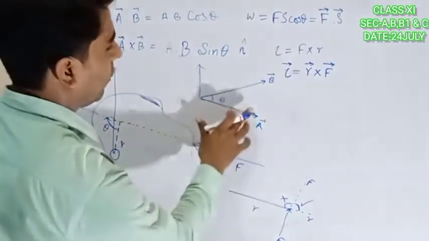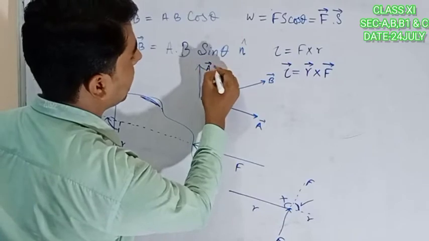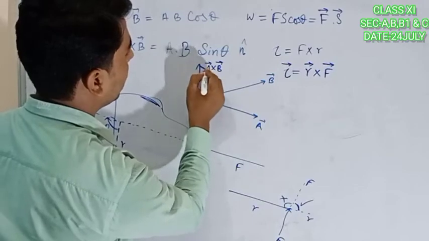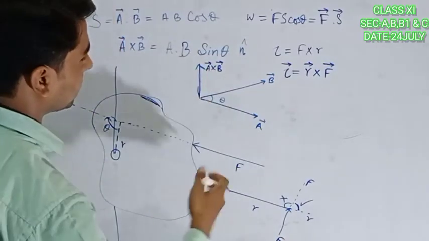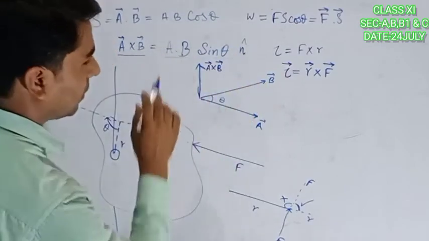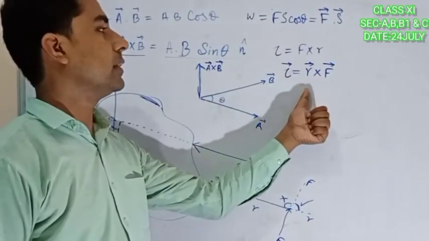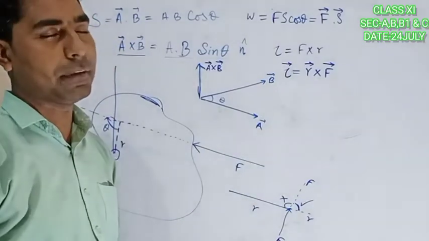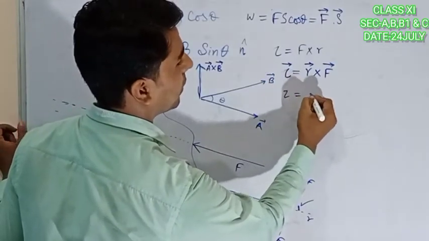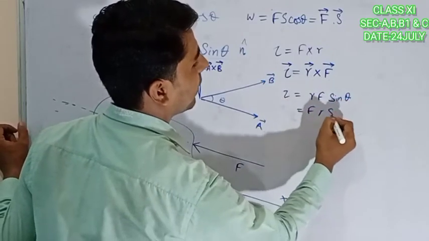This is our vector A, vector B, and this is the resultant. So resultant, or you can say cross product of them. So we can write here, vector A cross vector B. Here we are saying that vector A cross vector B is what? AB sin theta, vector N. Or for example here, torque is equal to R vector cross F vector. And same way, if we are removing the vector sign here, torque is equal to R F sin theta or F R sin theta.